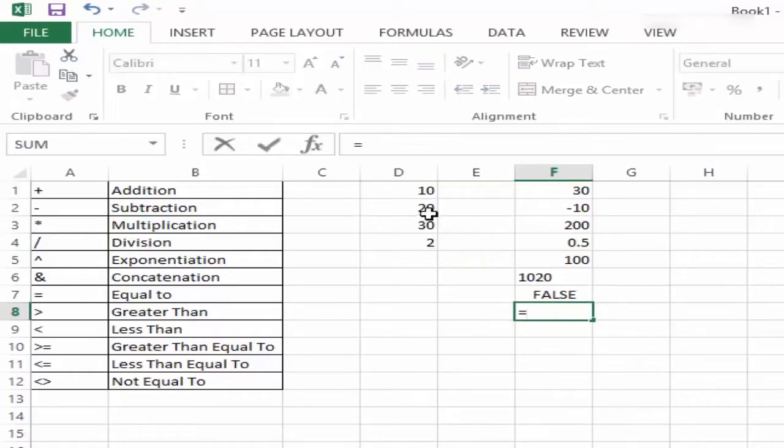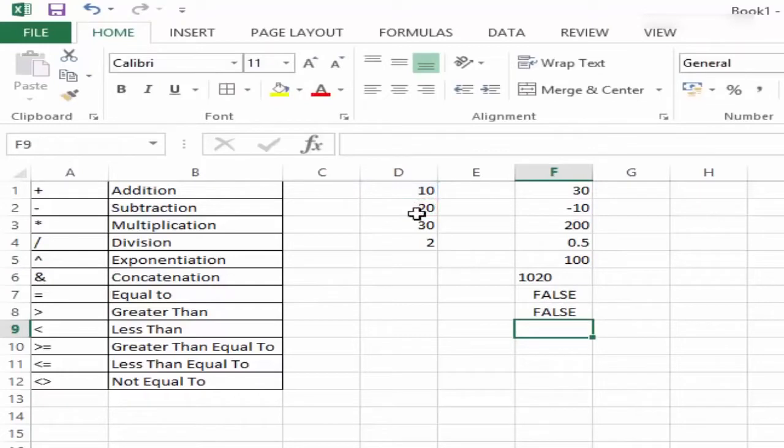Again, I would go here and I would say 10 is greater than 20, which is again false, so I get a false. Similarly, 10 is less than 20, which is true, so it returns a true. Now I also have this option of greater than or equal to. So for example, let me have this value